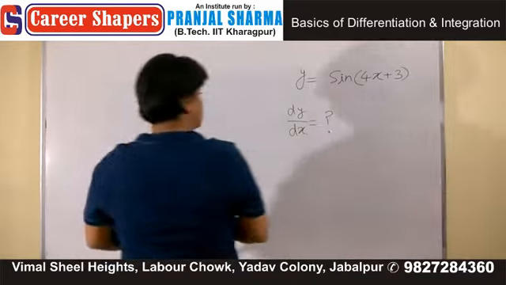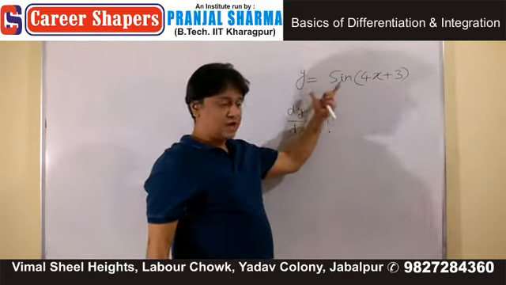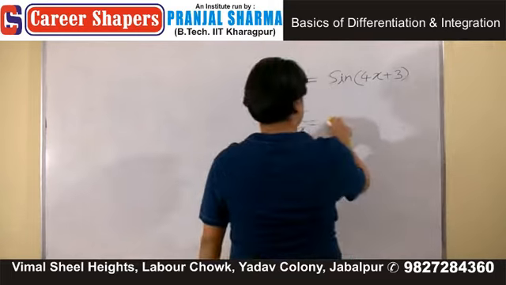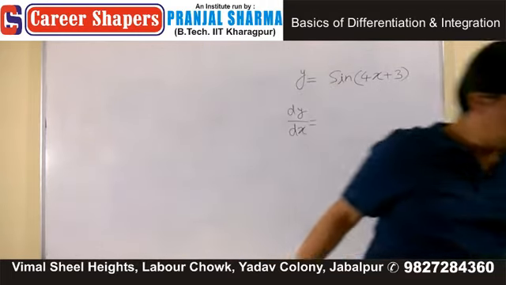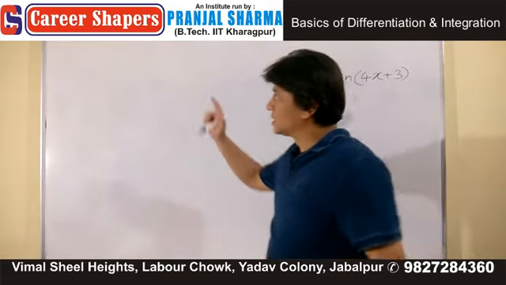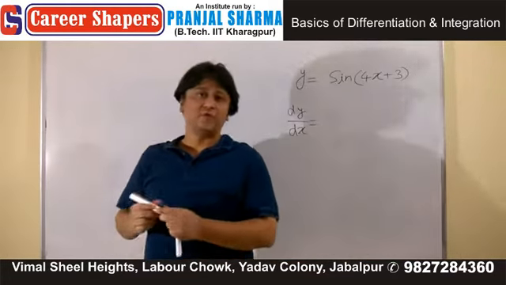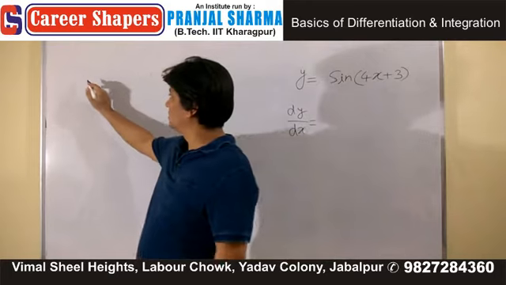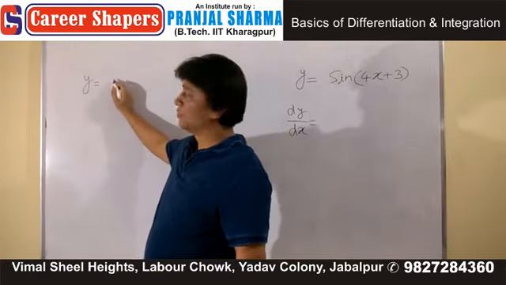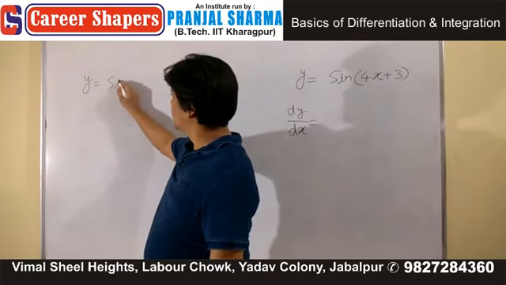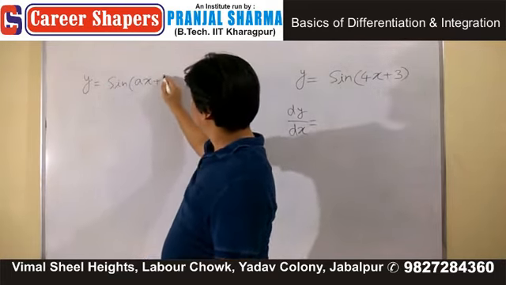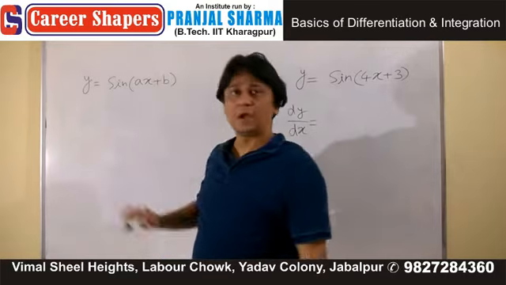Good, many of you answered correctly. Sine of 4x plus 3. How do you answer it? Those who could not, and in fact everyone, should write this format. Y, if they give you y as sine of ax plus b in this form,